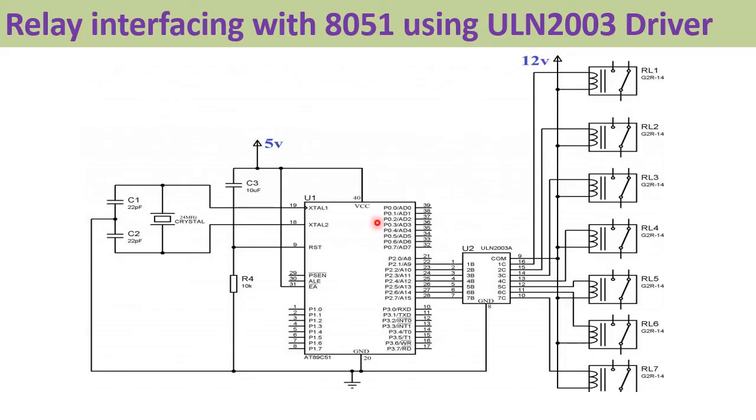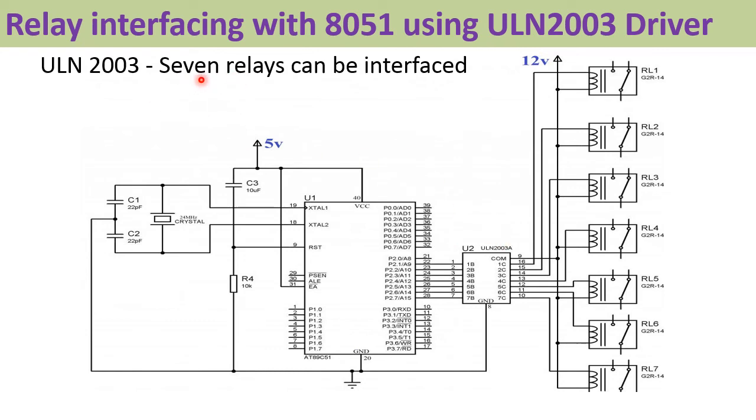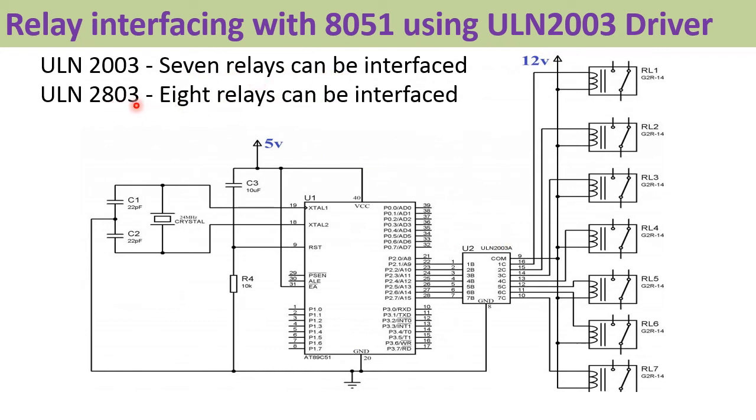Before concluding, one more thing. When we need to interface more than one relay with the 8051, the use of transistors and diodes becomes very bulky. In such cases, we can use driver ICs. The driver IC ULN2003 is capable of connecting 7 relays to it, while ULN2803 can be connected with 8 relays. Interfacing of 7 relays with the 8051 is shown here using the ULN2003 IC. It has 7 inputs connected to 7 pins of the 8051 port, while the 7 outputs of this IC are connected to relay coils. Sending 1 on a port pin will turn on the corresponding relay, while sending 0 will turn it off.